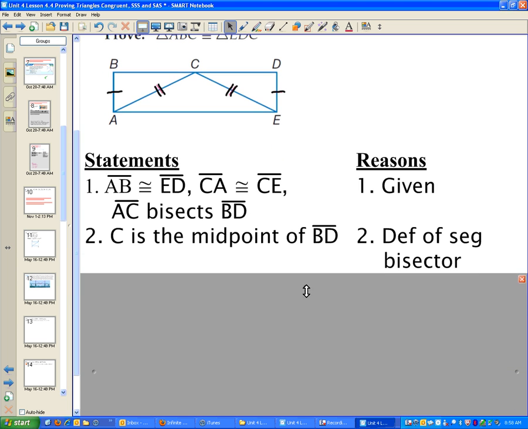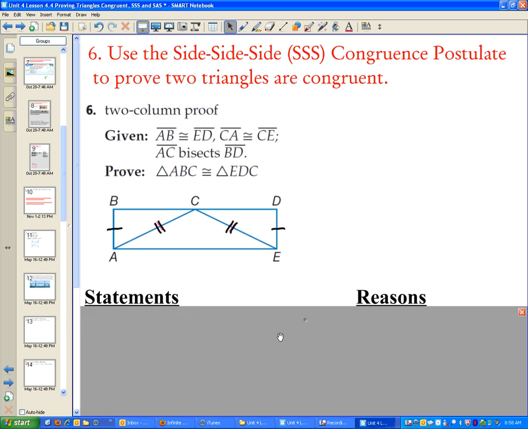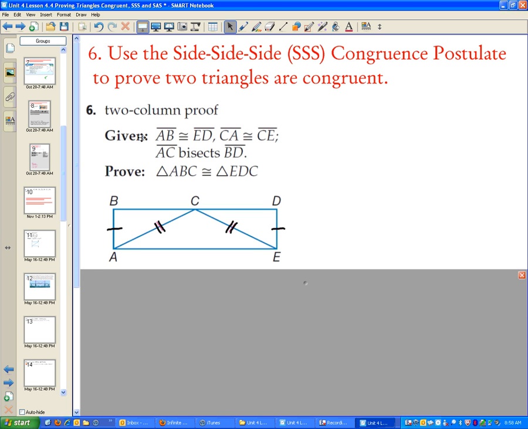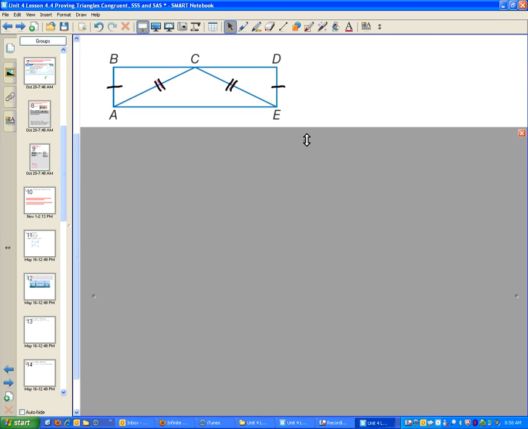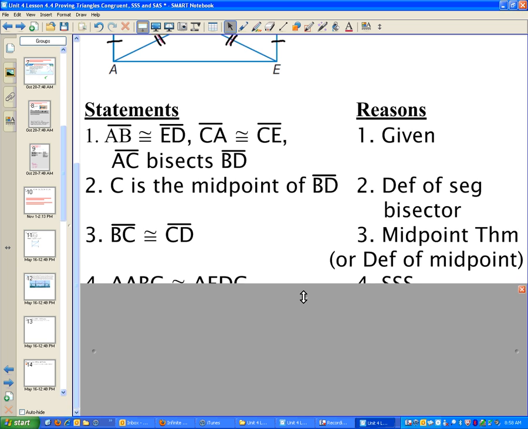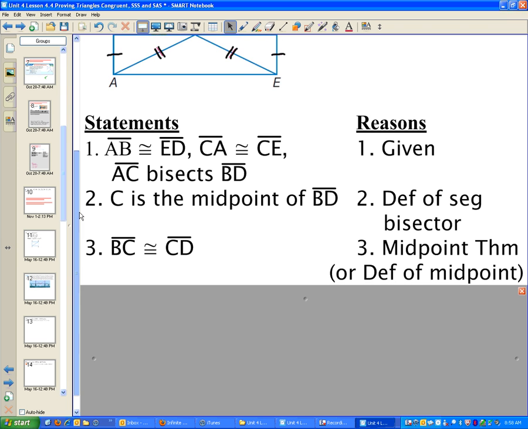That causes us to know this, that segment BC is congruent to segment CD,